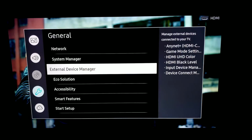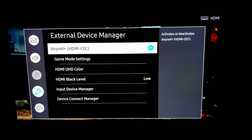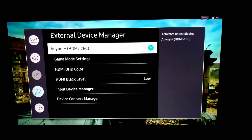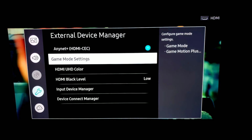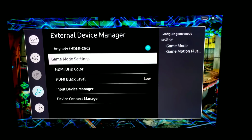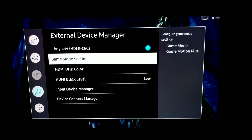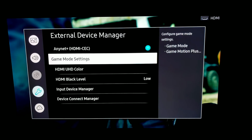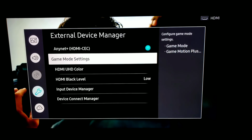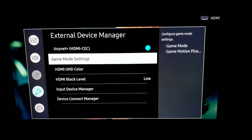Next thing I want you to do is go to the External Device Manager. In here you have the HDMI-CEC. Make sure that this is on. The next setting that this TV has is game mode. Now, a lot of TVs have game modes. Samsung, from what I am seeing, has a 15 millisecond response rate. So that is a killer for any kind of TV, especially because you're spending the high dollar,